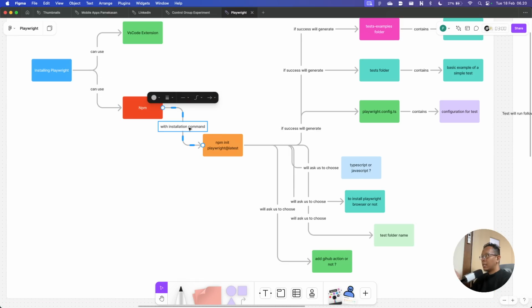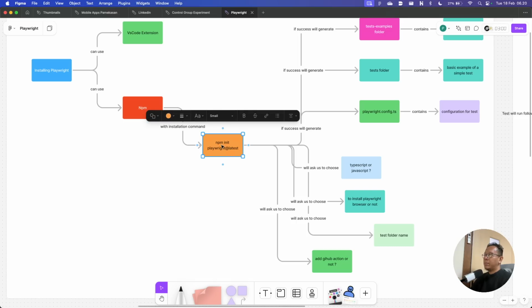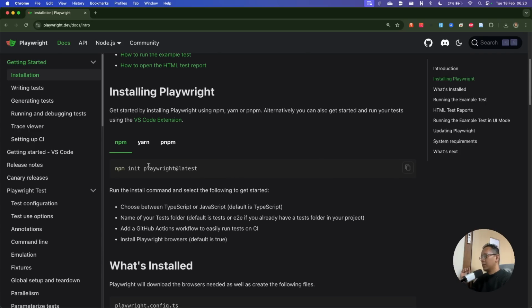We can install it with the installation command npm init playwright@latest. Okay. So you must understand why this command. npm init is to initialize a project in Node.js. And then playwright@latest is the package of Playwright in npm, and it picks the latest version.